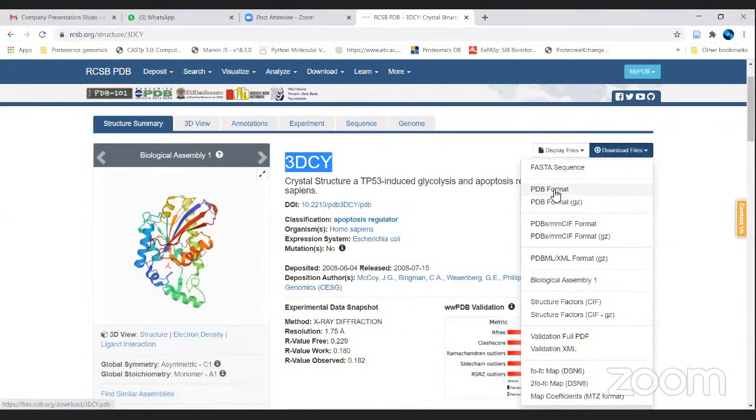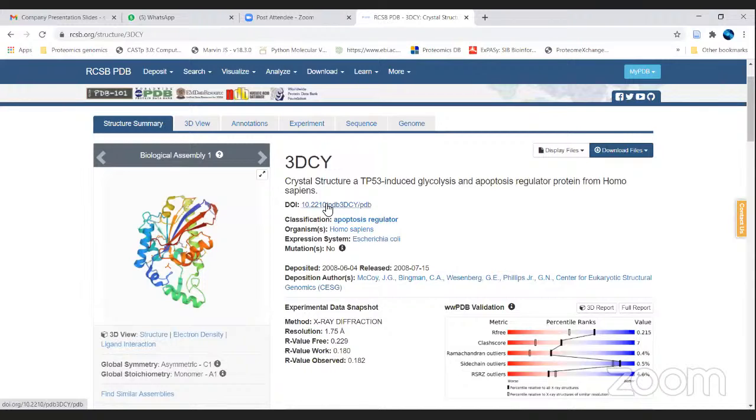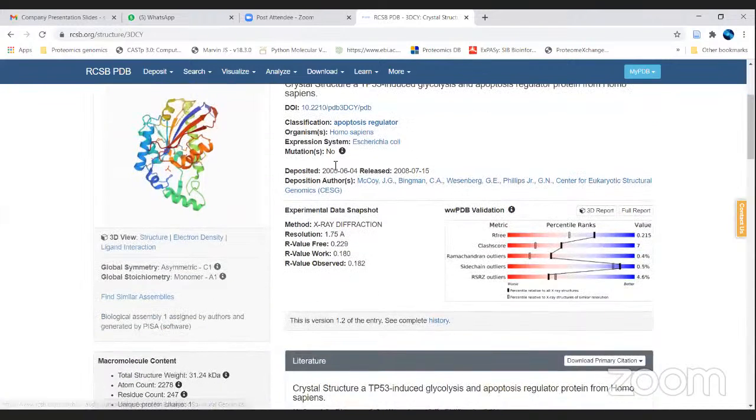You can even download in the PDF format, and you can also take the FASTA sequence. And these are the other zip file formats and different file formats which are there. The DOI ID of the publication has also been integrated over here. Okay, so you will get to know the author names, and in the experimental method you will get to know